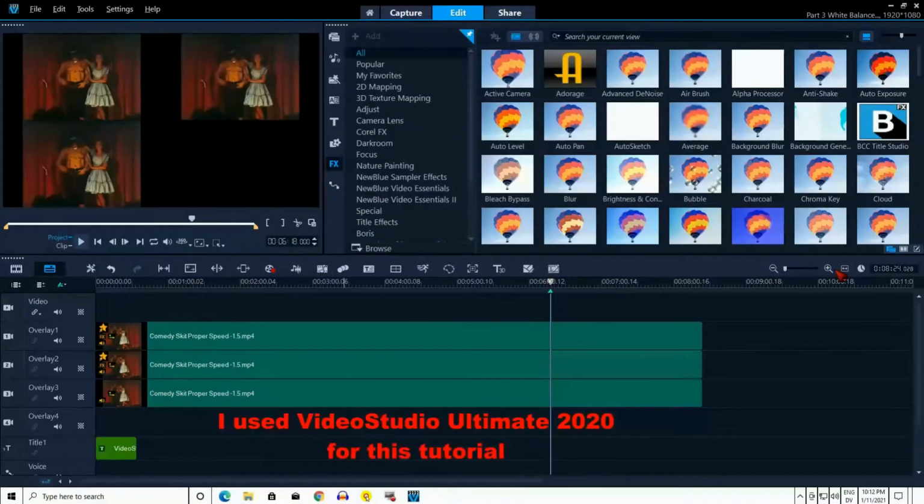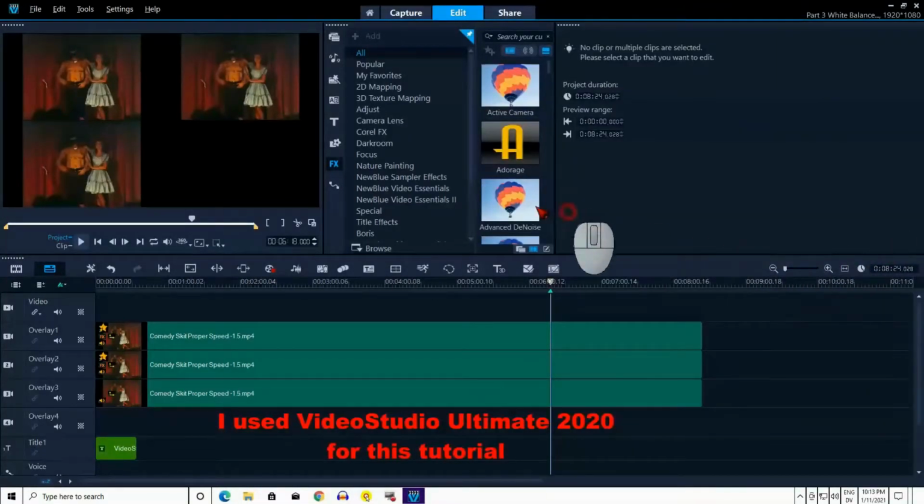I already created 4 overlay tracks and put the video I will work with on 3 of the tracks. Click on this symbol. If you do not find it in this place, it is probably over here.